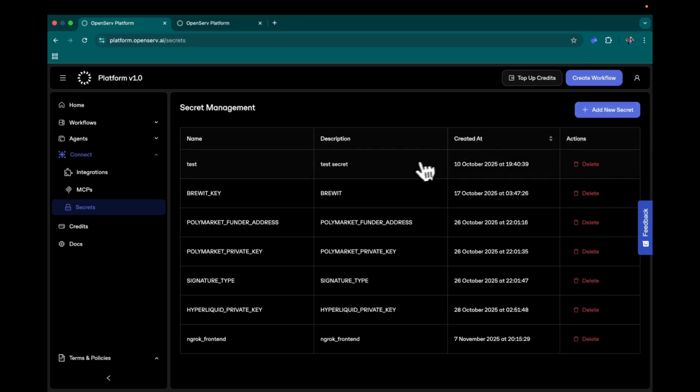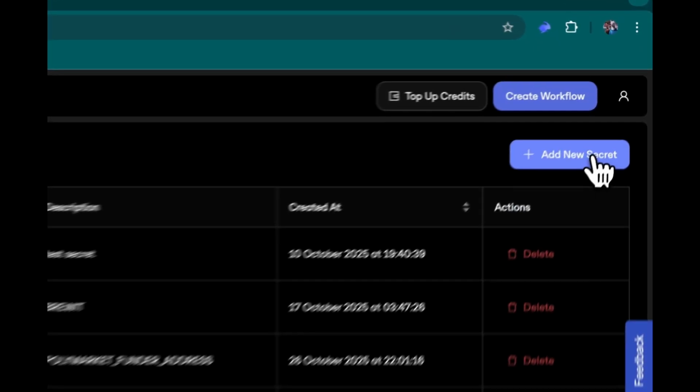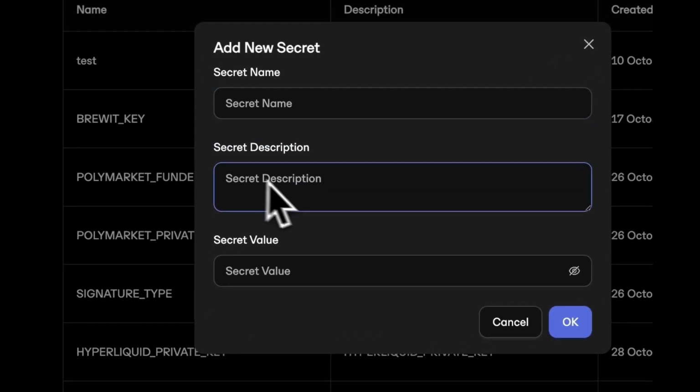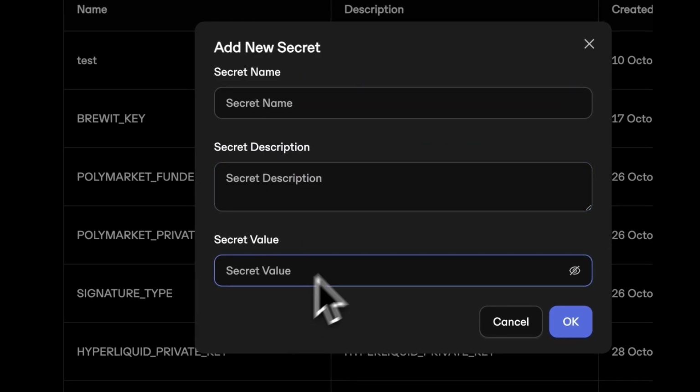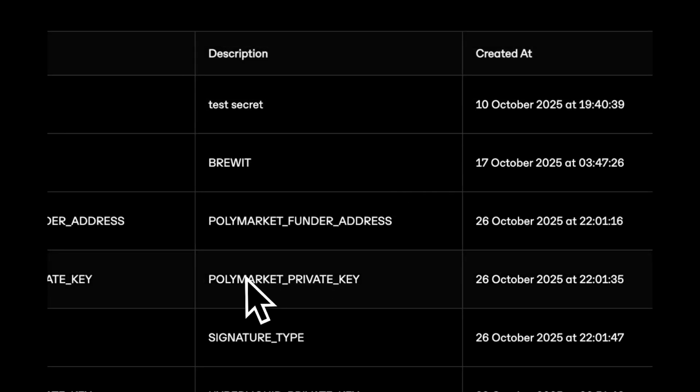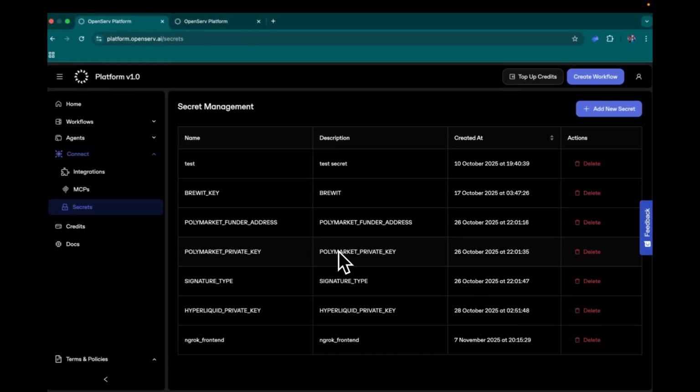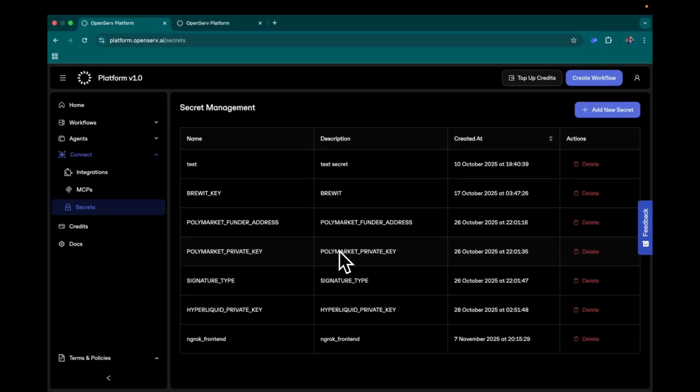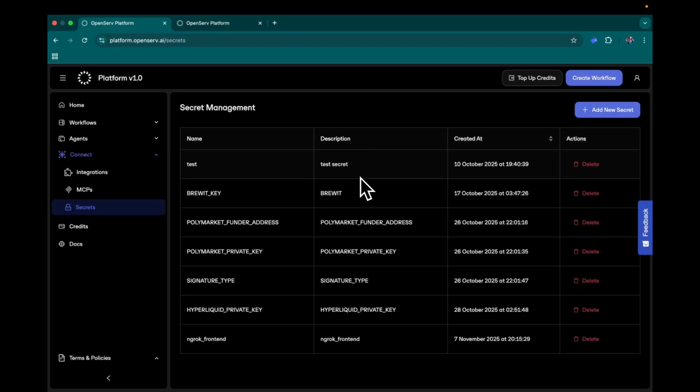You can proceed to the secret section and add a new secret, give it a name and description and the secret value, and drop it in here. We make sure that we follow the best practices to securely store the secrets and to ensure that it's securely accessed just by the agent,